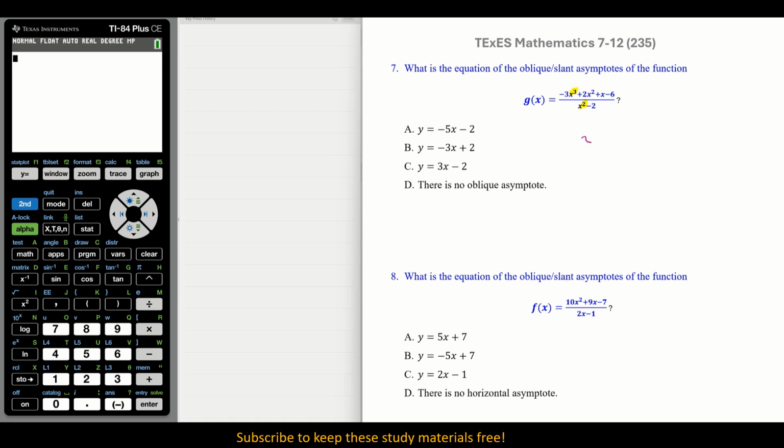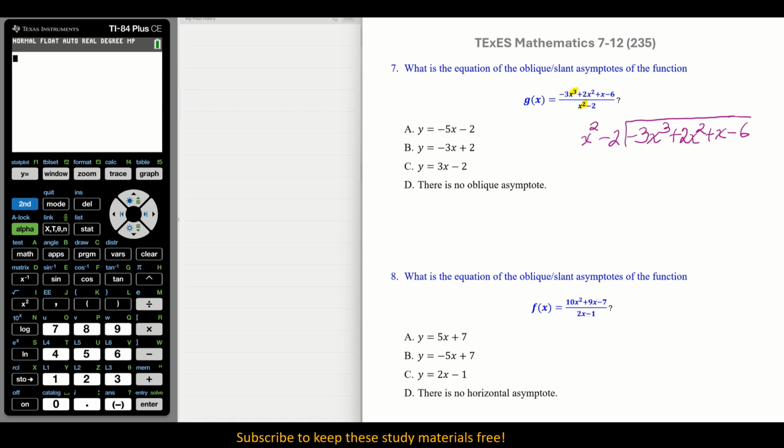So we have x squared minus 2, and that is squared. Okay, then we have negative 3x to the third plus 2x squared plus x minus 6. Okay, I won't go through all the steps in detail, but the name of the game is to match